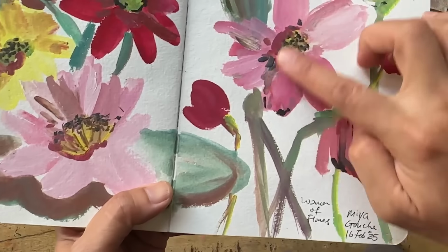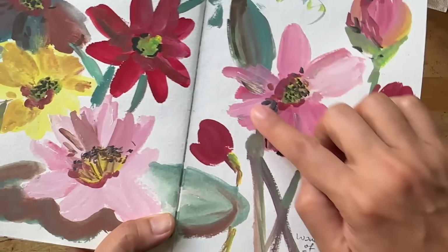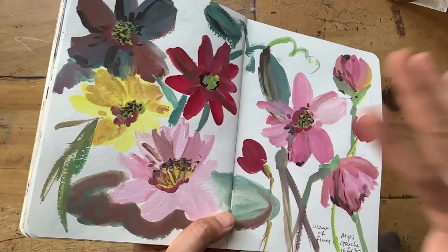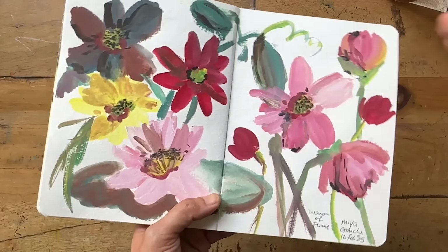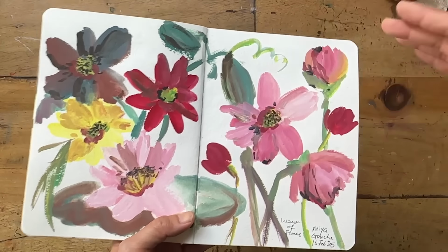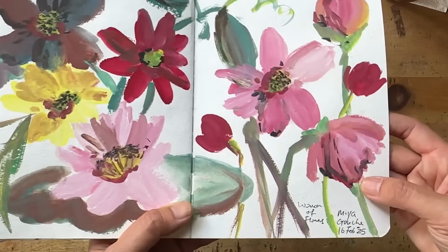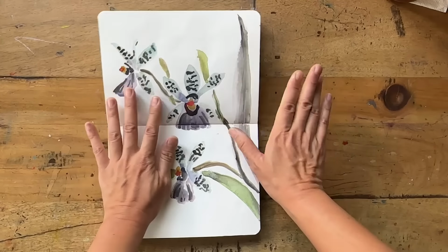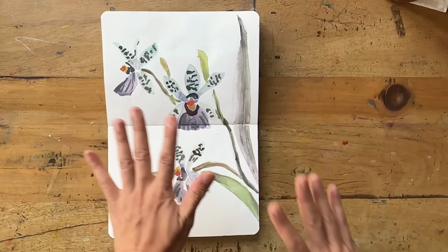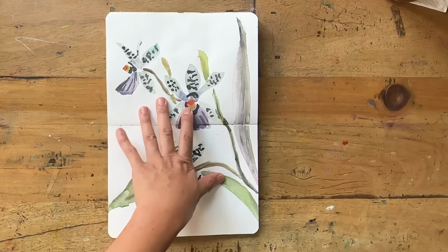I feel like I would love to experiment with gouache a lot more, because there is a certain freedom of going light and then going dark and then going light, and not being kept in that whole "oh no, I cannot go light anymore" world. So I like that. All right, these are some orchids from the Women of Flowers book, which is the newest vintage